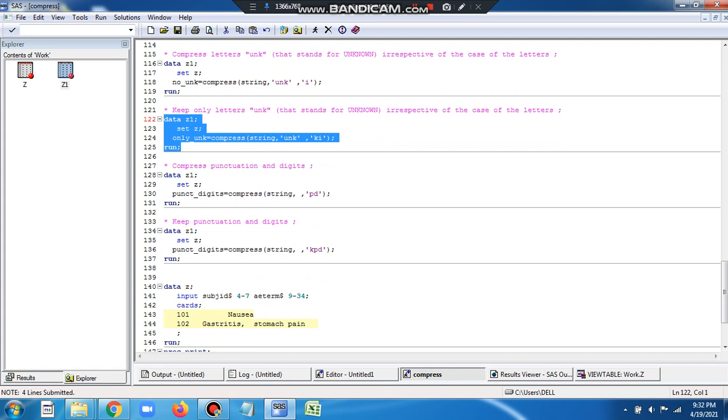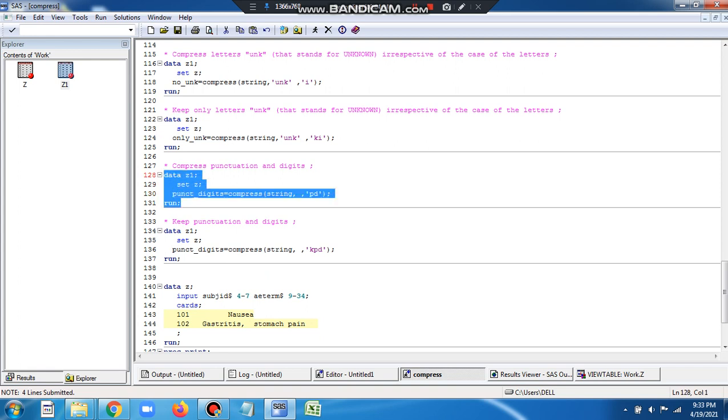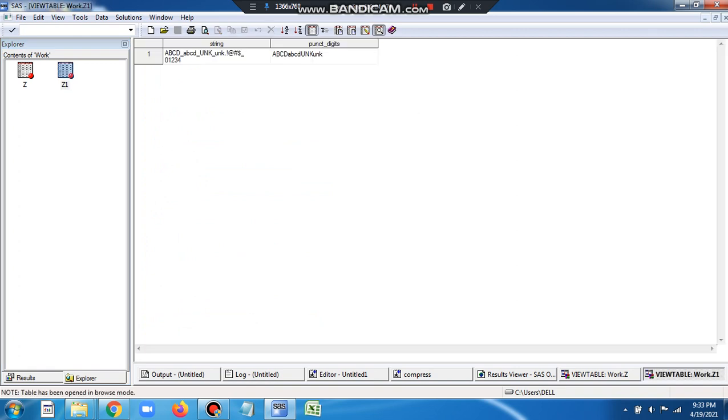Let's say we want to compress special characters or punctuation and digits. In that case we can give PD. P will eliminate punctuation marks, and D will eliminate digits. So when you give PD as a third argument in the quotation, it will eliminate all the punctuation marks and digits. So let's run it and see. We can see that it has eliminated all the punctuation marks like exclamation mark, @, hash, dollar, underscore.